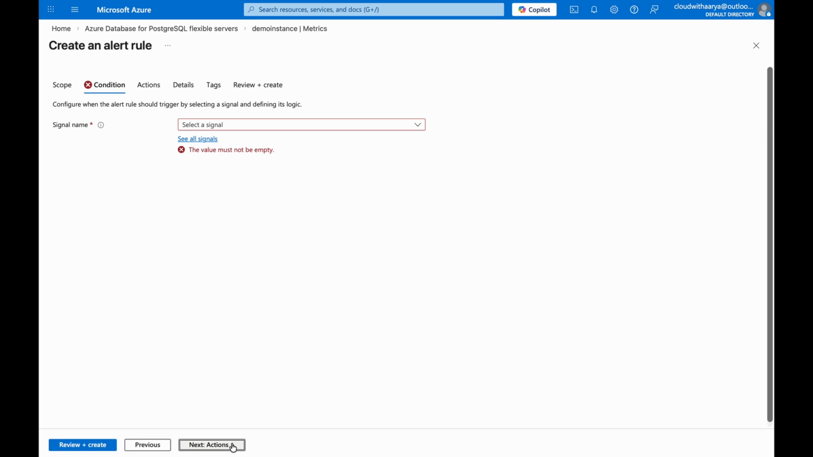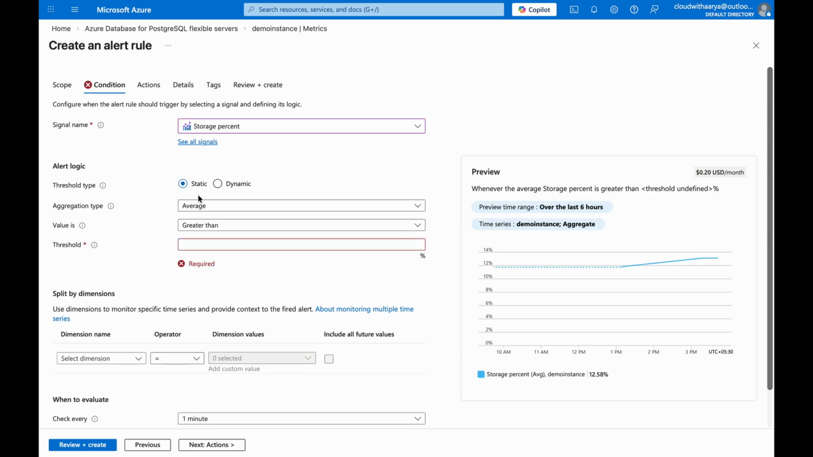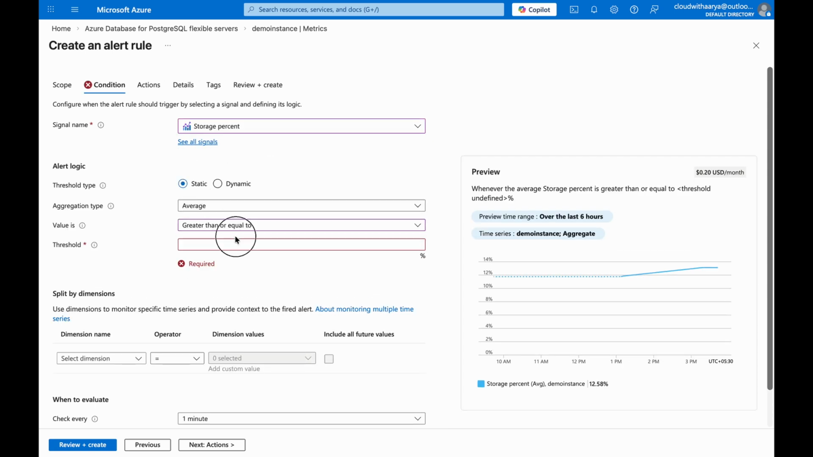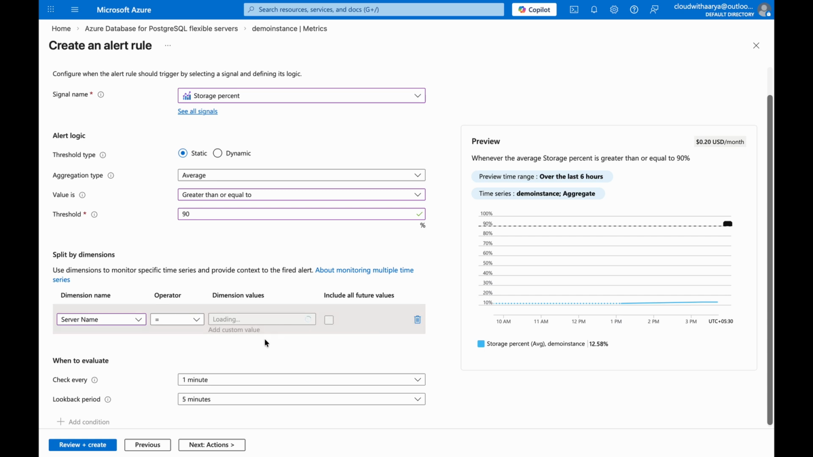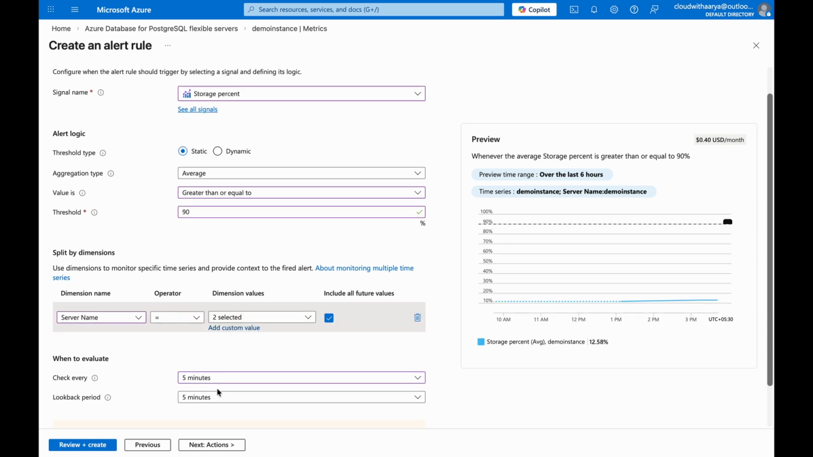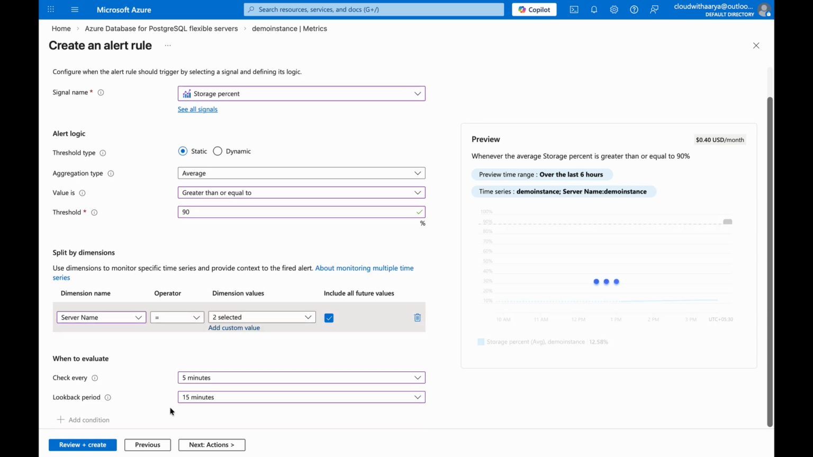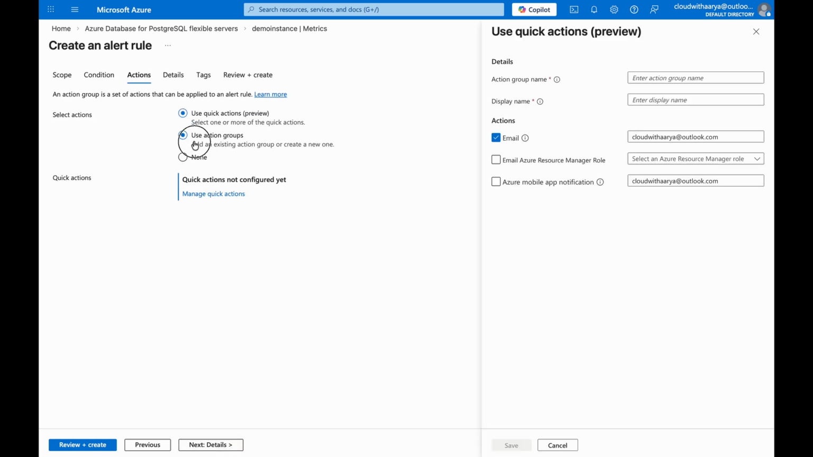And then go to next condition. In this condition, we'll select the signal name as storage percent, and the values we'll select greater than or equal to 90. So whenever the storage gets filled up to 90%, we'll get an alert, and server name. And again check every 5 minutes and the lookback period will be 15 minutes. Next action, we'll select the existing action group,